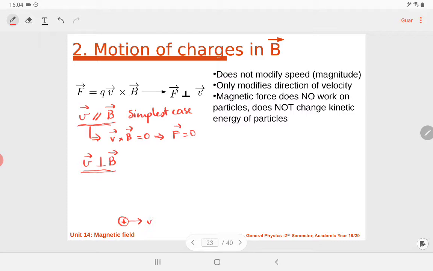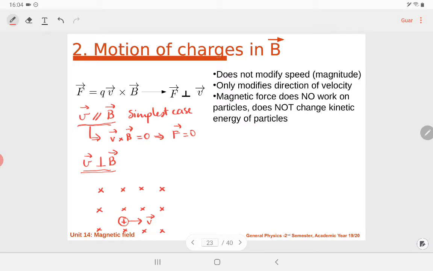That is the velocity, and there is a magnetic field in this area. The magnetic field is going into the screen, so I'm going to plot it as x because these are vectors that are entering the screen. I'm thinking of a region that has a uniform magnetic field, which is why I'm plotting these x